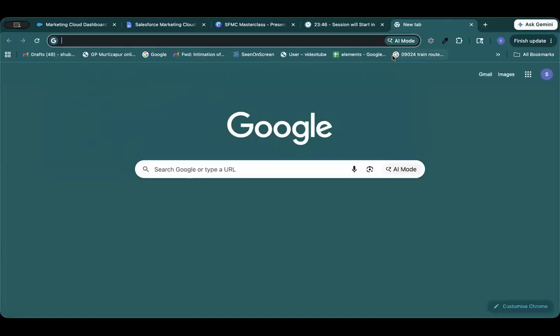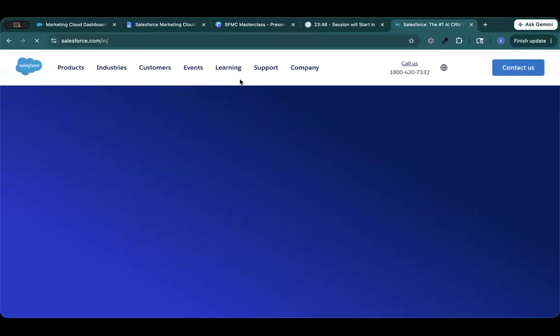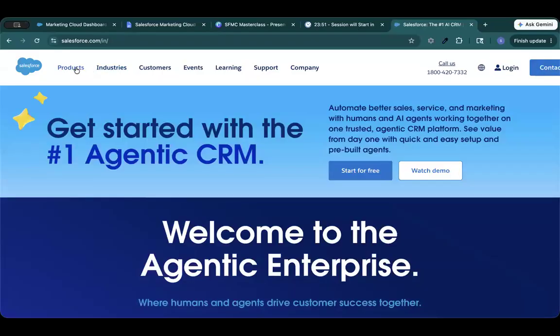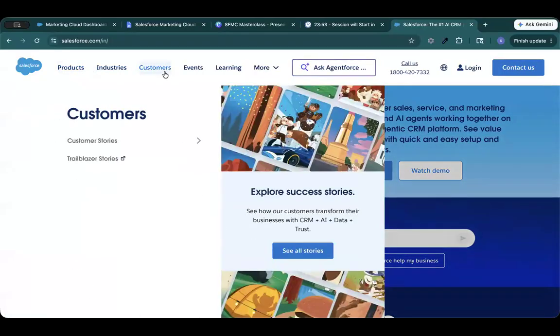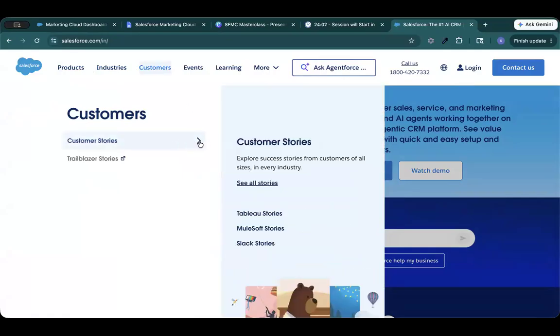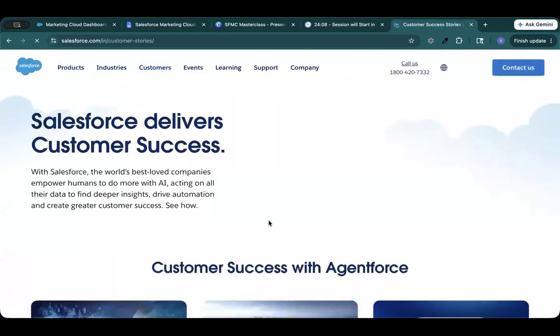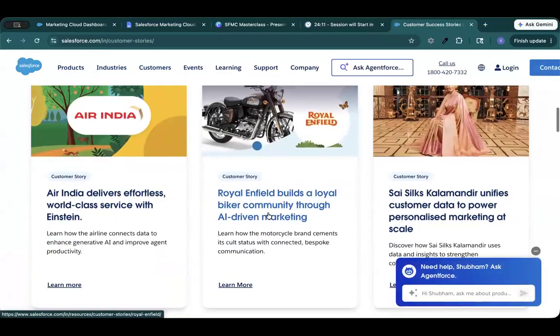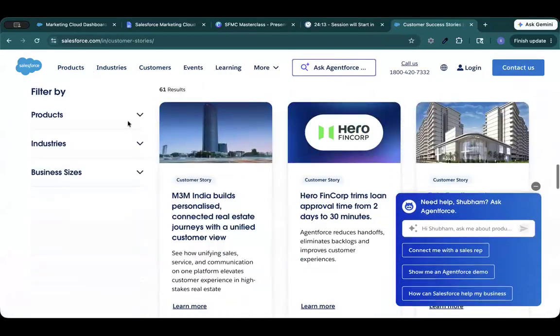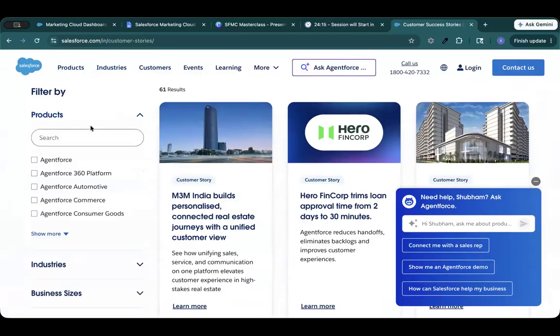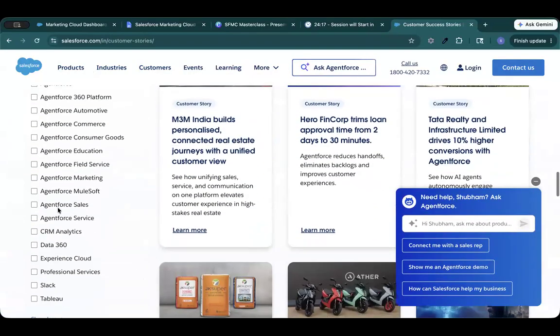Let me go to the Salesforce website. In the Salesforce website, we have the customers tab. Let me show you the customer stories published by Salesforce about the Salesforce Marketing Cloud, so you can see how customers are using it. I'll go to customer stories. Observe, I will go to products, and in the products I will just filter by